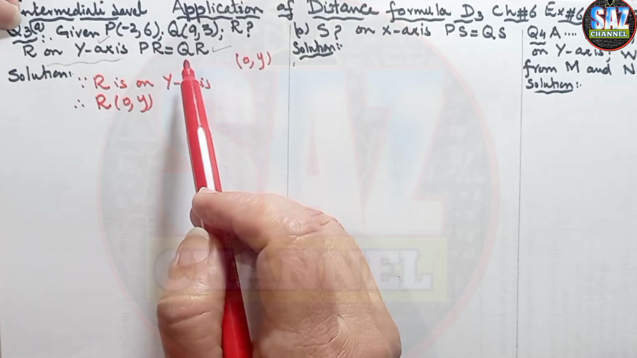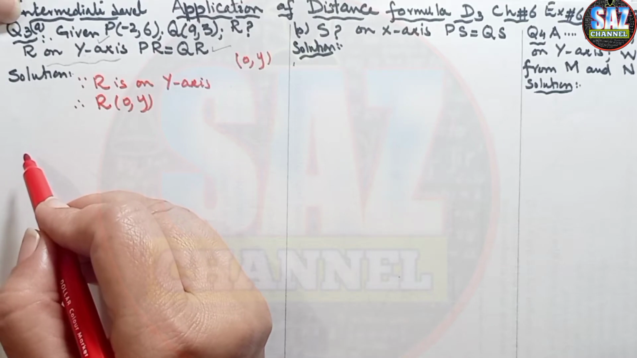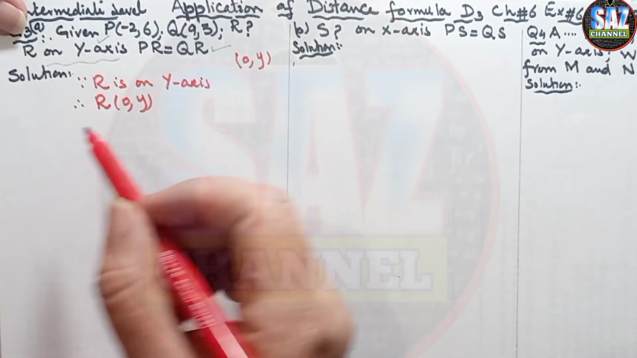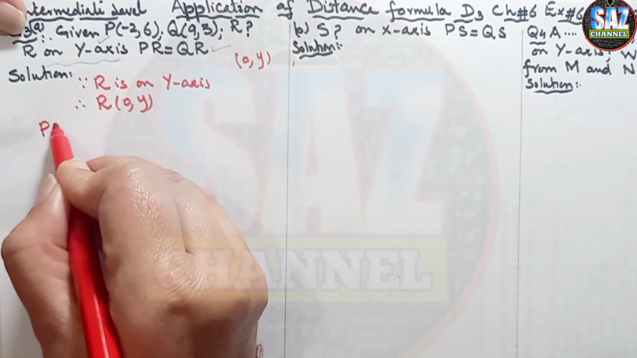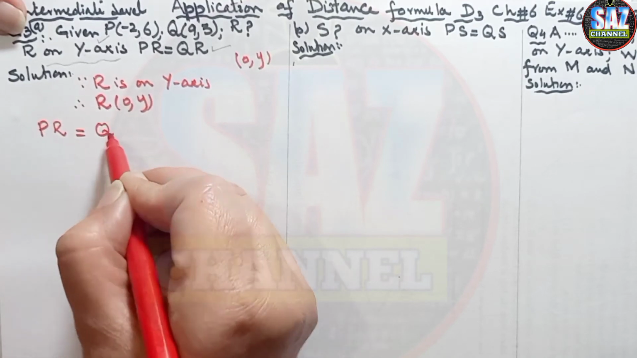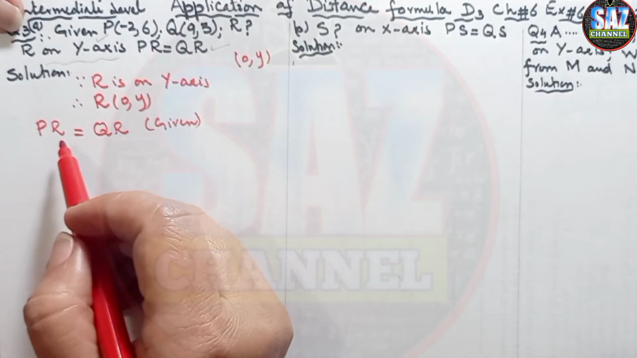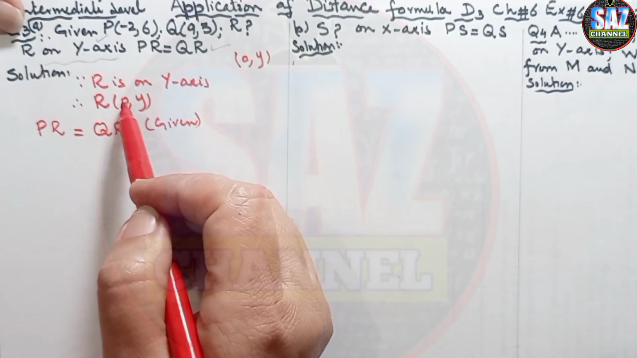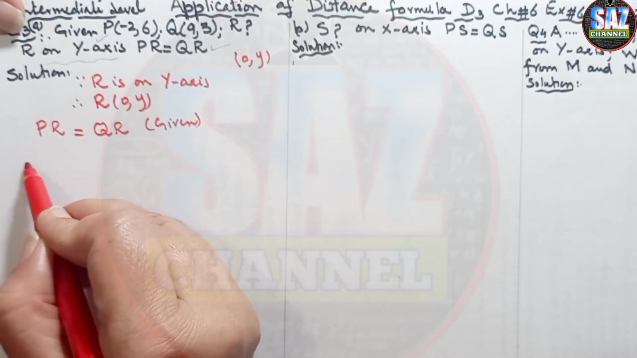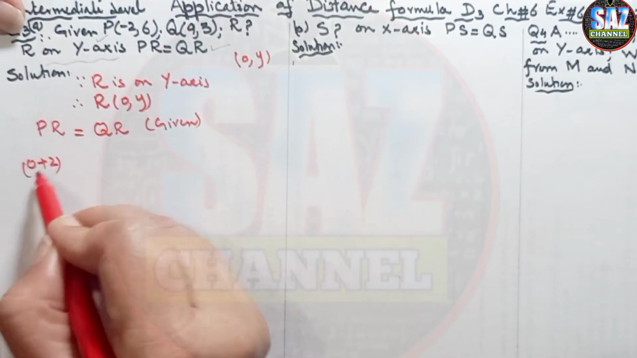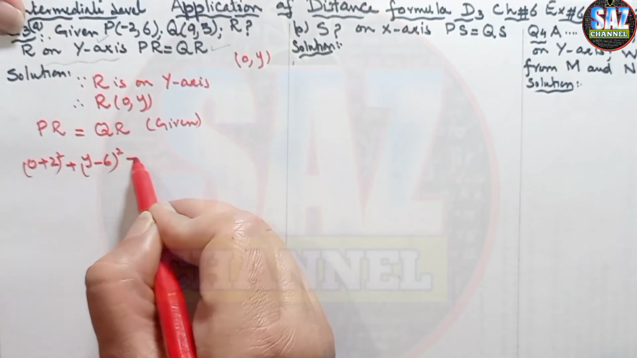Now recall the distance formula. That distance formula is x2 minus x1 whole square plus y2 minus y1 whole square, and then we have to take the square root. So according to that, first of all, given condition is PR equals to QR. It's a given condition, so we have to insert the values in this condition. P to R, so 0 minus x2 minus x1. So it will become 0 plus 2 whole square plus y minus 6 whole square equals to